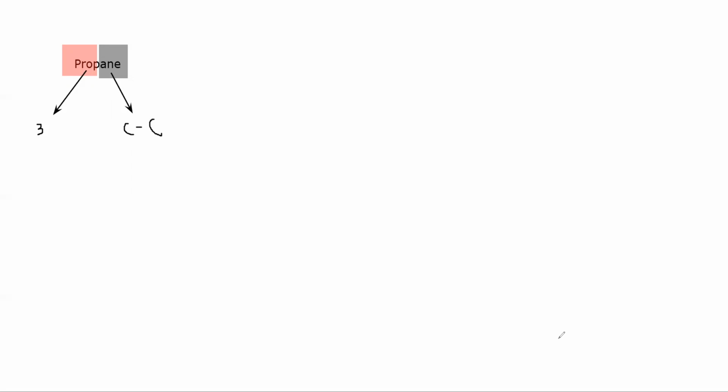So first what you will do, you will draw 3 carbon atoms. And between the carbon atoms, there should be a single bond. So this is one single bond and this is another. Remaining, you will draw hydrogen. How many hydrogen will this have on the left hand side? Because carbon can form a maximum of 4 bonds. So 1 is with carbon, remaining 3 are with hydrogen.